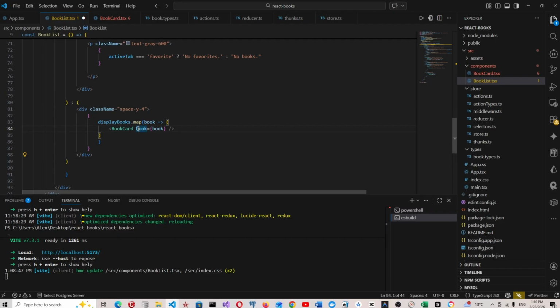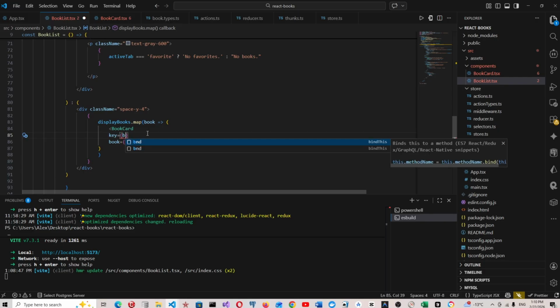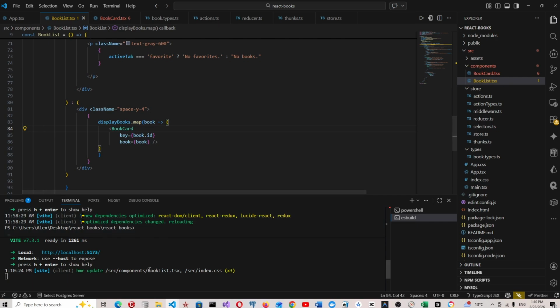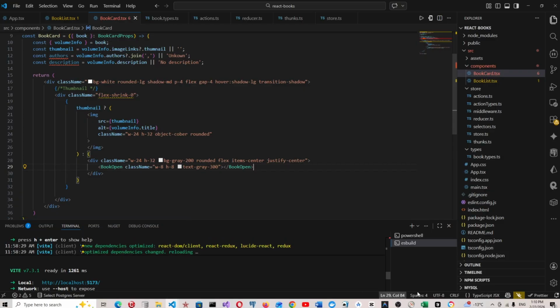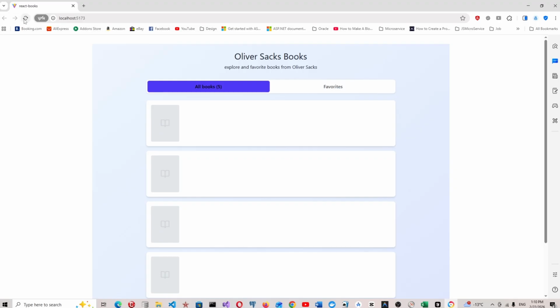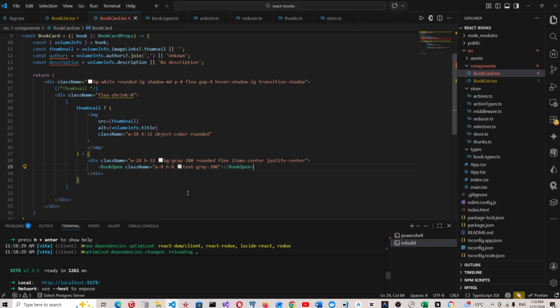Write this, we can say key equal to book.id. Anyway, let's